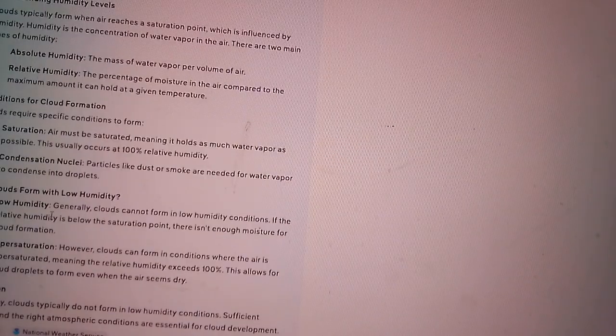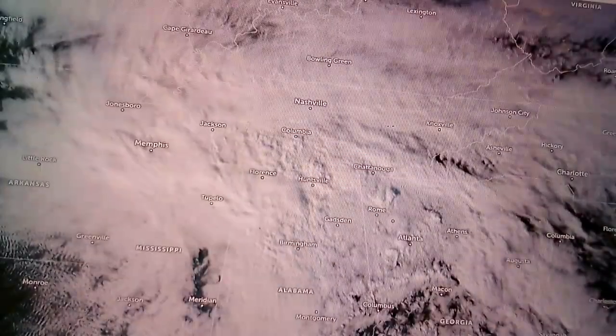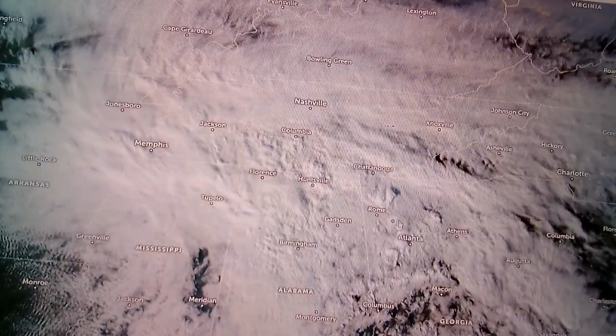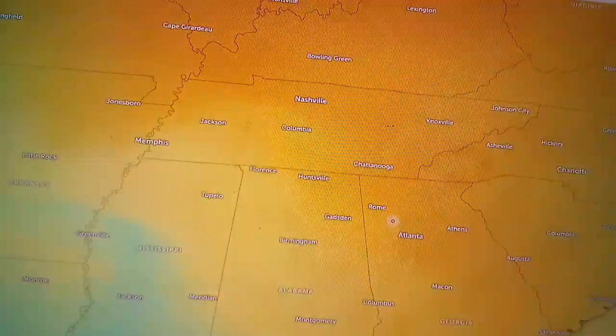Low humidity. Generally, clouds cannot form in low humidity conditions. If the relative humidity is below the saturation point, there isn't enough moisture for cloud formation. So, in summary, clouds typically do not form in low humidity conditions. Let's go back over here. So we've got humidity